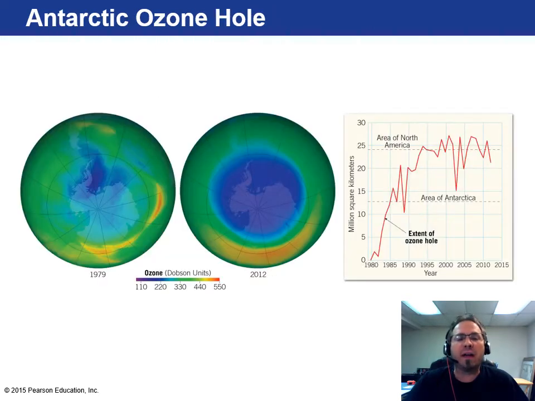So here's what it looks like. In 1979, you can see there was a little bit of a hole here. It wasn't huge, but in 2012, you could see almost all of Antarctica was left to fend for itself. It's not in this particular image now, but I just saw one online that as of 2020, it looks more like 1979 than it does 2012. So in the span of 8 years, we've managed to help repair itself, not quite all the way back, but very close.